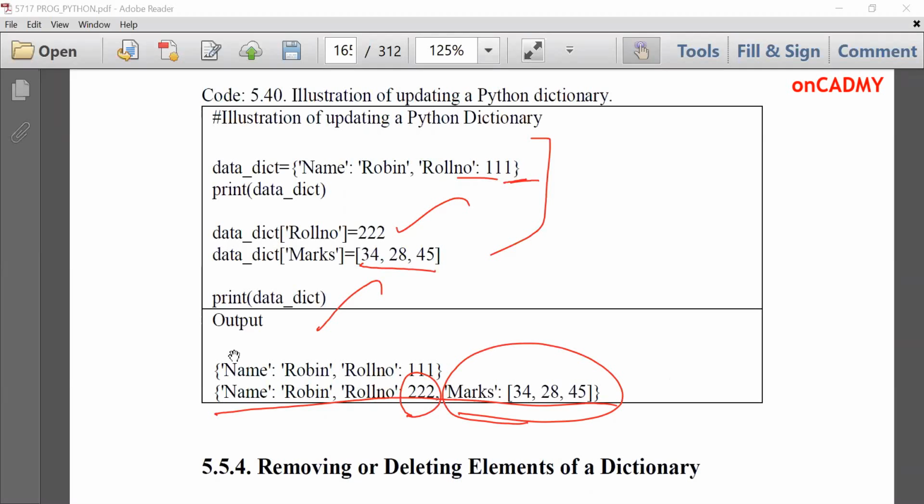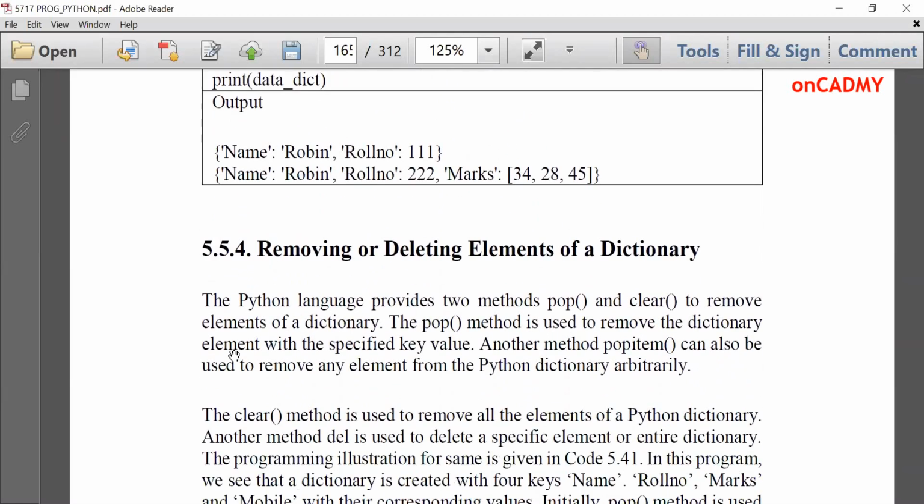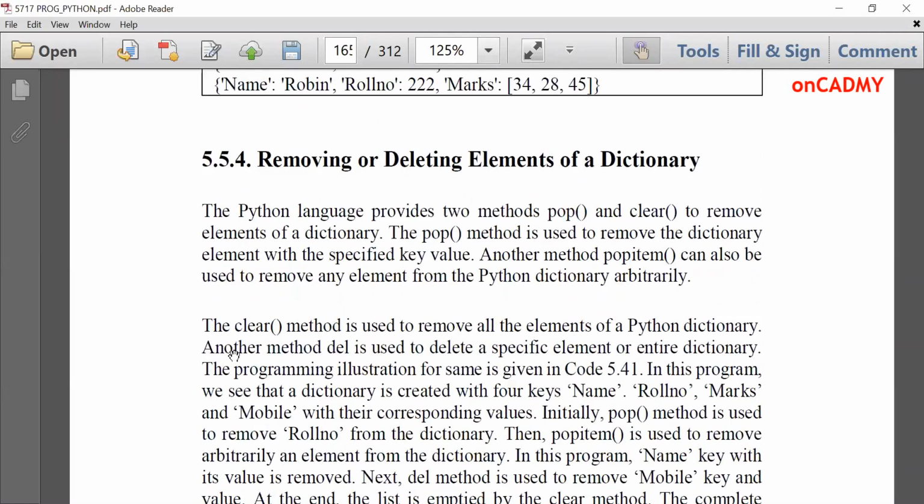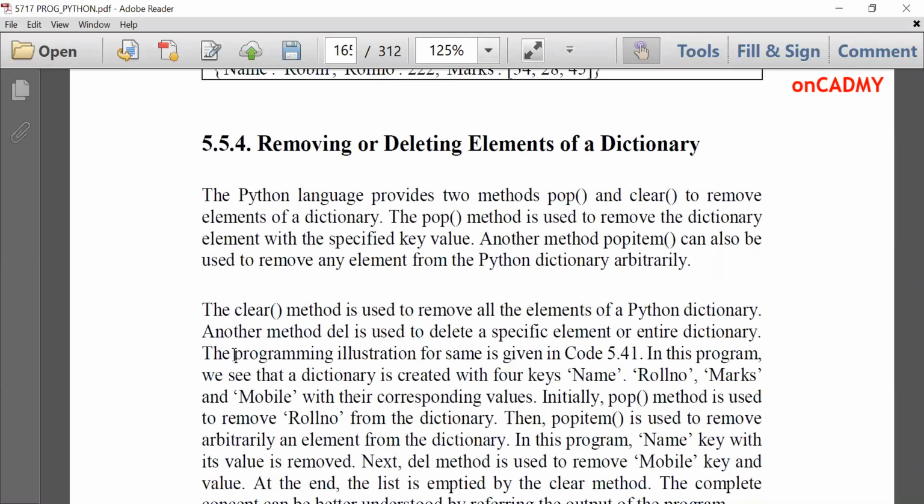Next is removing or deleting elements of a dictionary. Suppose I want to delete some elements, then that can be done by using pop and clear methods that we have studied in sets also. The pop method is used to remove the dictionary element with a specified key value.